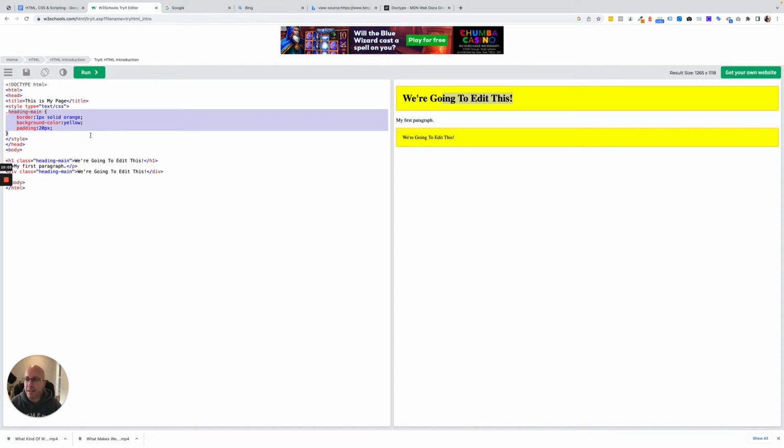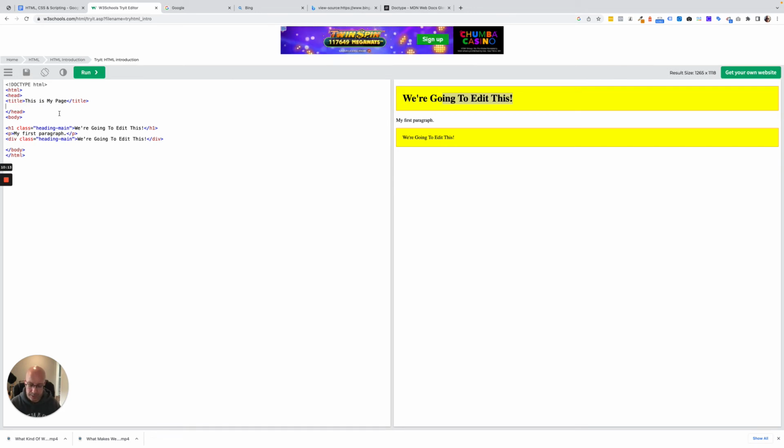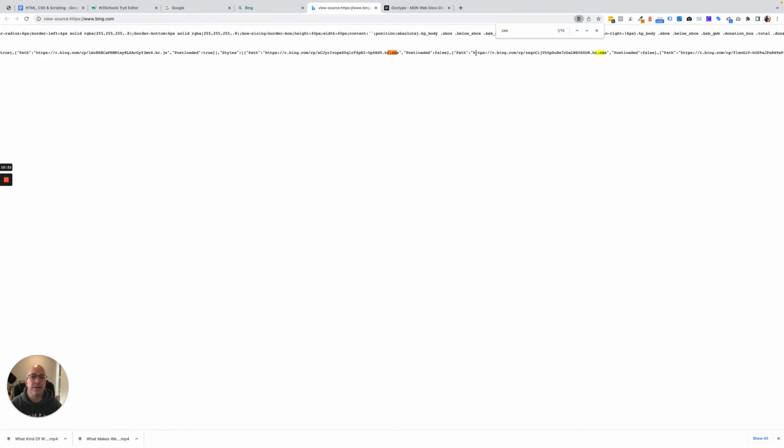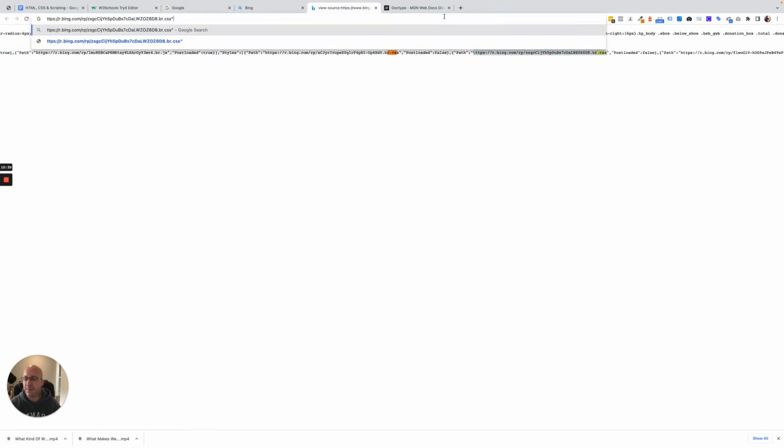Okay, this is why many times the style sheet will be externally referenced. So for example, you won't even see it in the header here. The style sheet will be called, let's look at one, for example, here. Let's see if we can find a .css file. Okay, and you can see here, for example, styles, and they're loading this through a method of JSON here. We'll talk more about that later, but a JavaScript object notation. And this is the path. So this is telling me that there's a CSS file that's being referenced that lives here. Okay, so you can call those via document. So if I was to paste this in there,